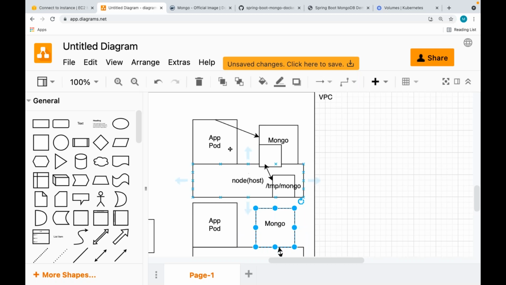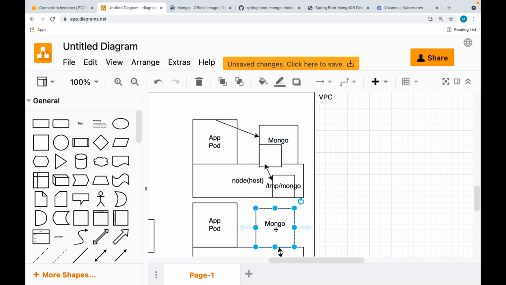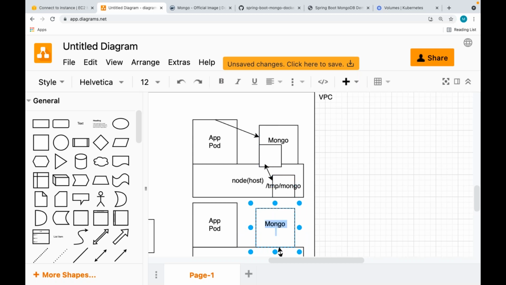So the moment the application writes some data to the primary, will the primary flush the data to the secondary database? If you have a database cluster setup, if you have initiated a database cluster, it will flush the data.